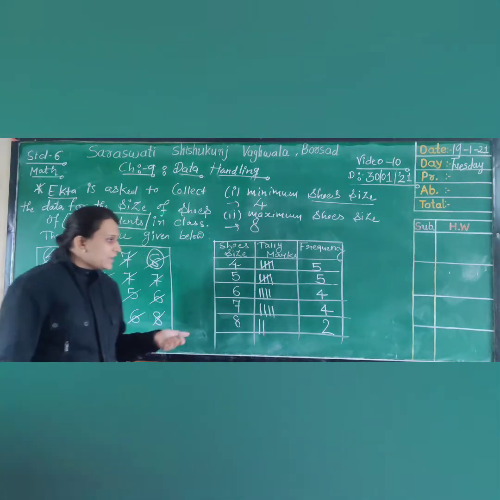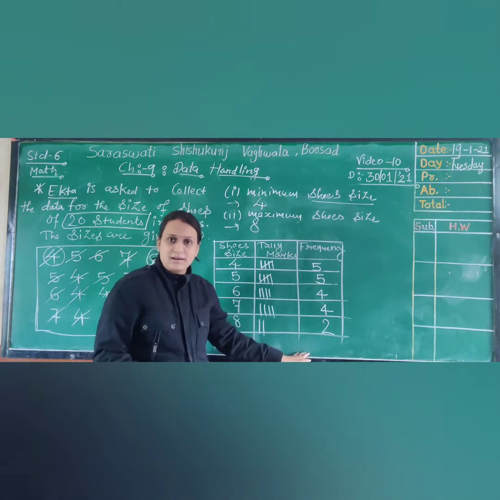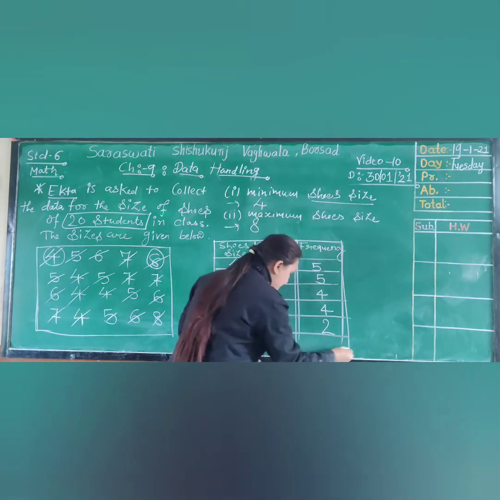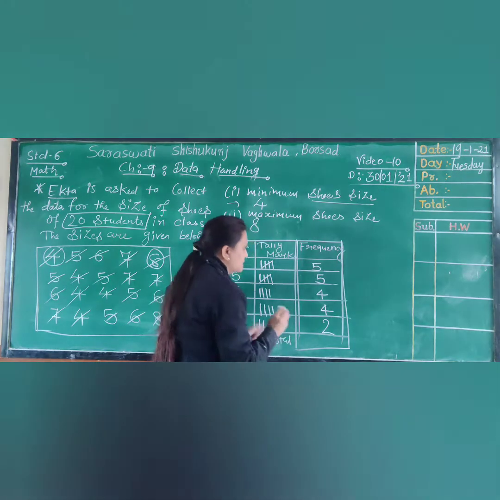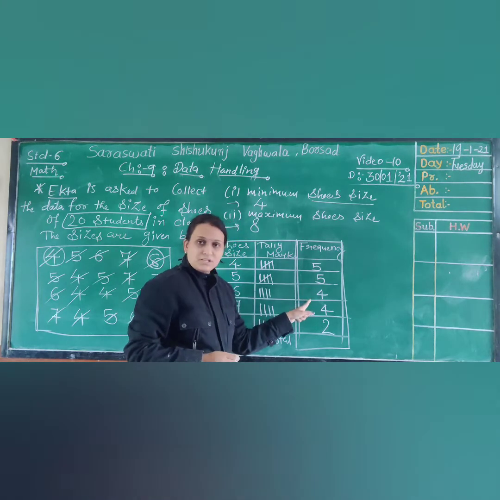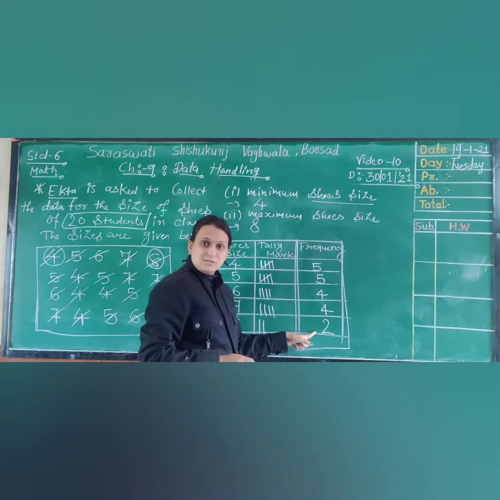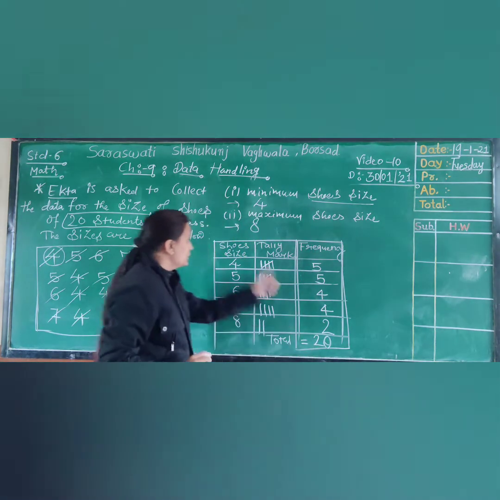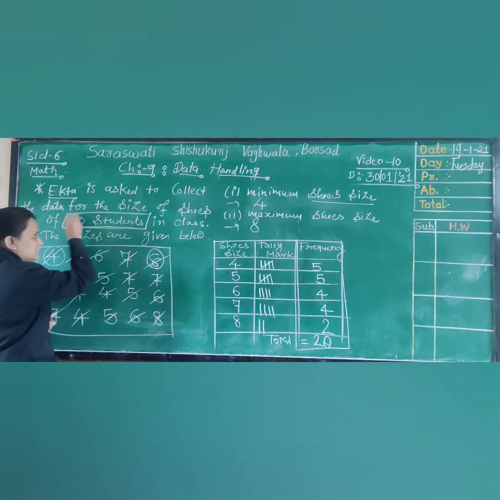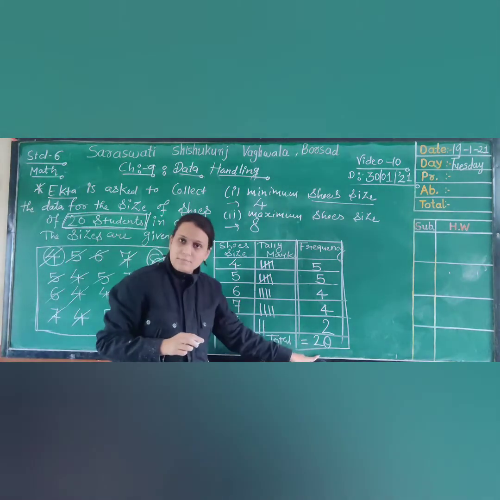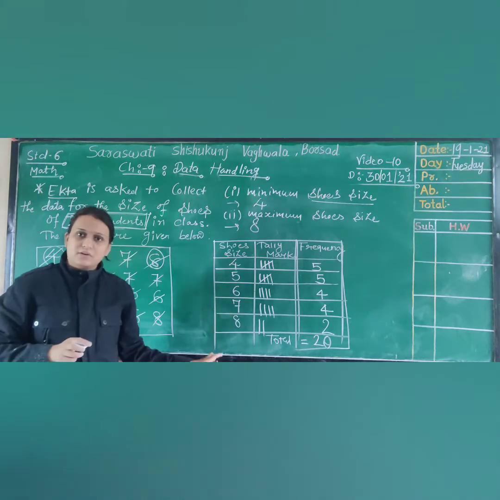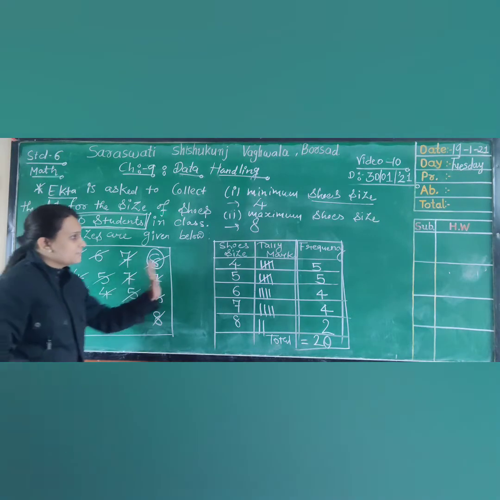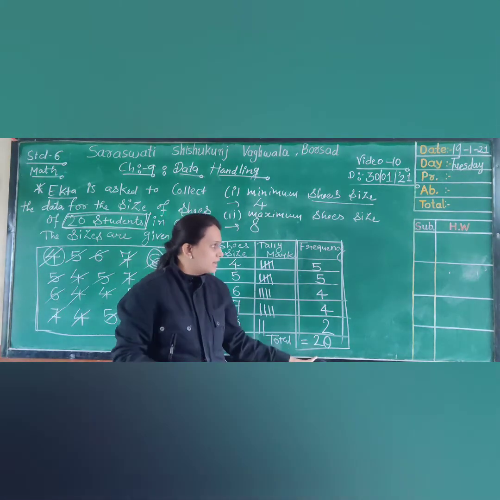Okay. Now, how can we identify whether we have done it correctly or not? For checking, we are going to add the frequencies. So let us find the total of the frequencies. So 5 plus 5, 10. 10 plus 4, 14. 14 plus 4, 18. 18 plus 2, 20. So here you can see the total of the frequencies is 20, which is equal to 20 students. So both are the same. Okay. So we have made the correct frequency distribution table. So this way you can enter all the data in a frequency distribution table, and then you are able to find the frequency.